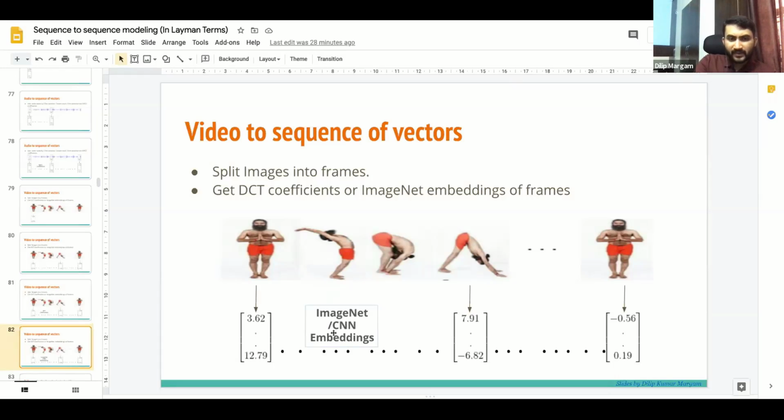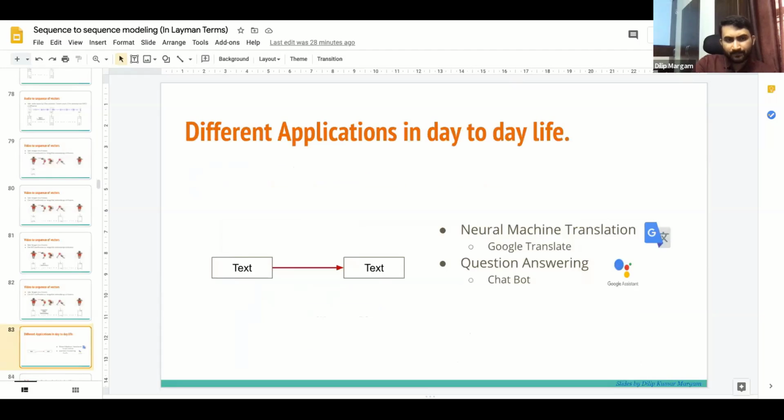So you can use ImageNet and get embeddings for the images from your video and get a sequence of vectors. Once you convert the input sequence, which is text, audio, or video, into a sequence of vectors, you give it to the model.